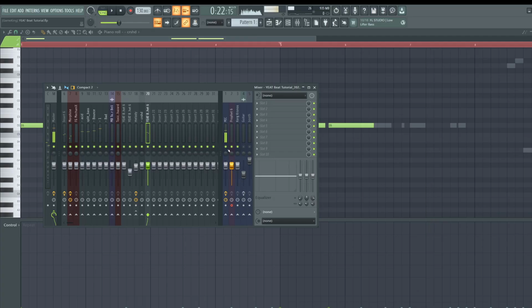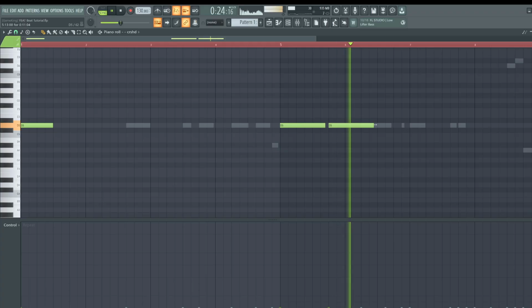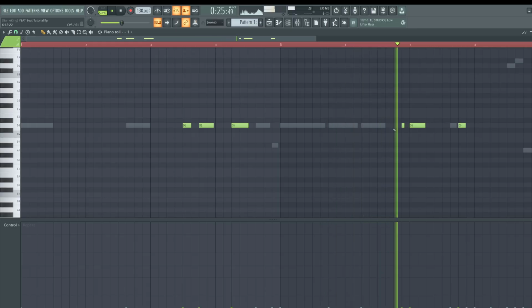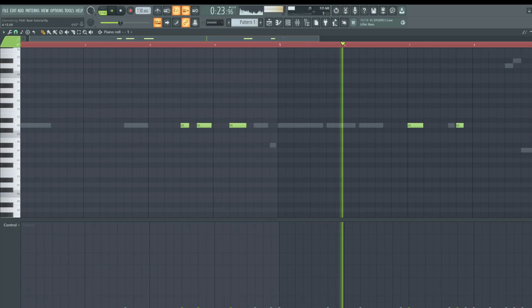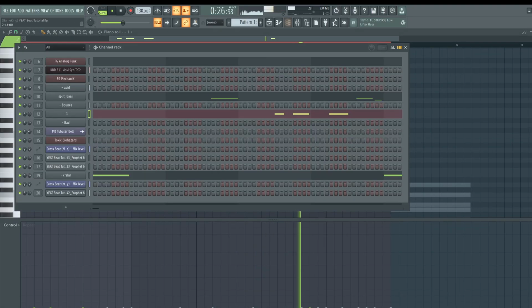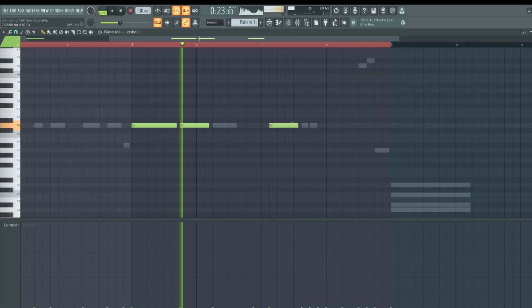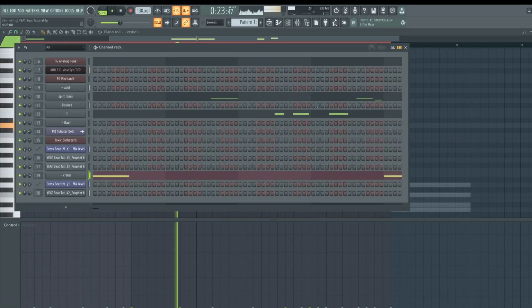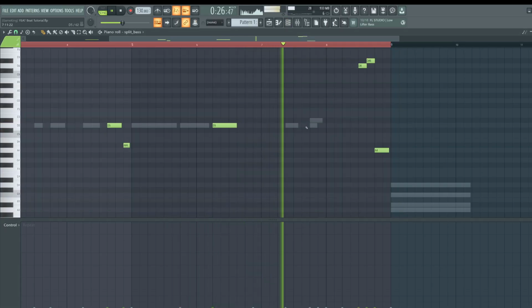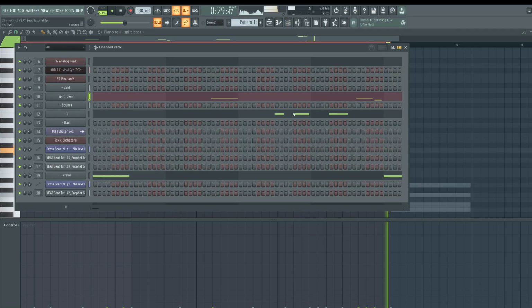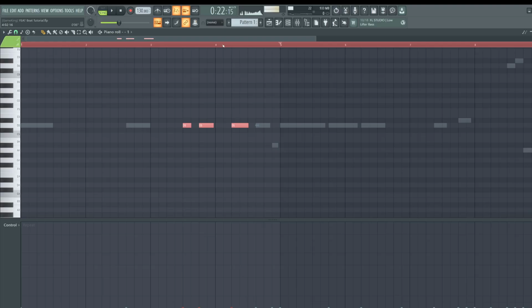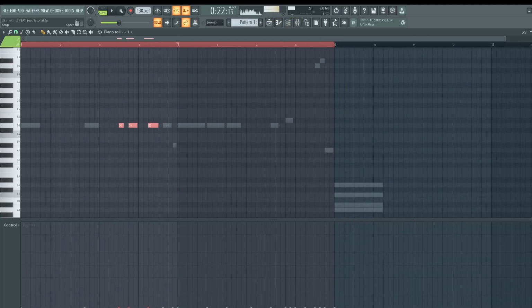Took away some of those Zaytoven style 808s. So I'm using the Zaytoven 808 as more of a buffer 808 than a full-on primary one. I think just switching the 808 makes it sound smoother and longer because the sample's longer.